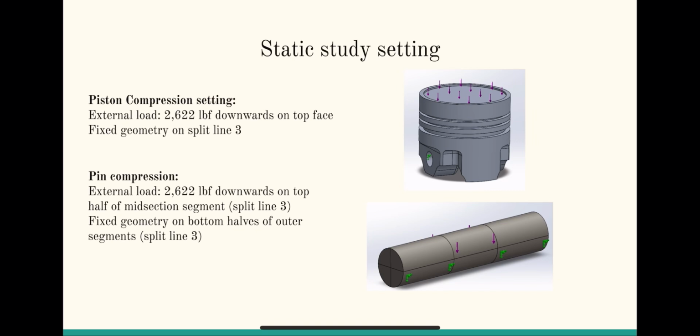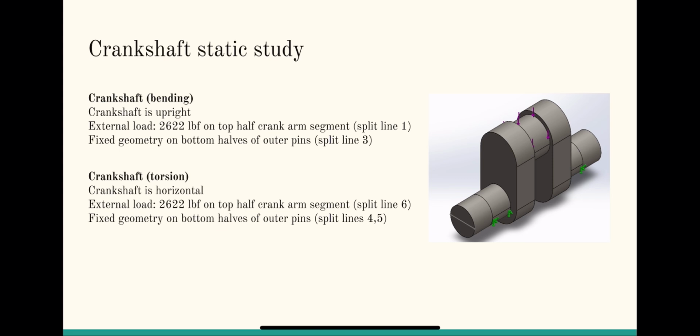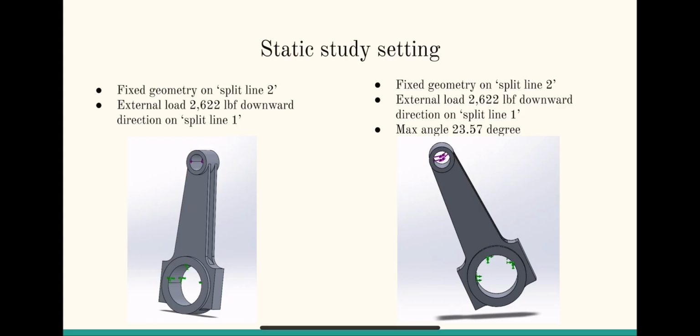For the pin compression, the force is downwards on the top half of the midsection segment and fixed geometry on bottom halves of the outer segments. For the bending crankshaft, for the torsion crankshaft, the external force is applied on the top half crank arm segments and the fixed geometry on bottom halves of the outer pins. For the connecting rod static study setting, both are fixed geometry on split line 2. Both have the external load 2,622 pounds of force downward direction on split line 1, and the max angle is